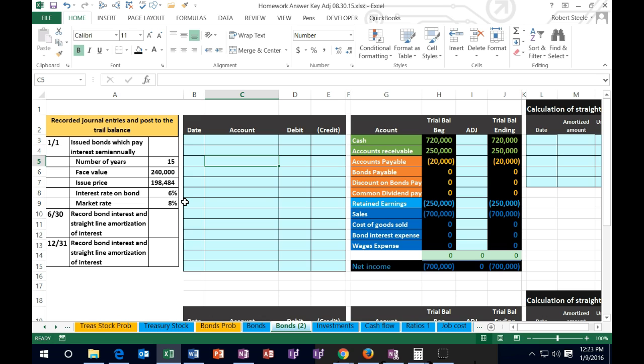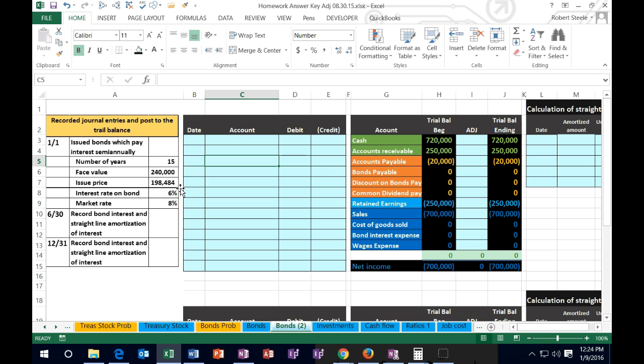The bond, however, you might want to think of it as having already basically been written. So if we have a bond that's basically kind of already written at 240 face value, 15 years on the bond, and the rate is 6%, that's already there. So you can think of it as already being set in stone. We can't change that. Therefore, if we cannot change the interest rate, which is what we would normally change in a note in order to be competitive on the market, the thing that we can change then is how much we sell it for. So even though we're going to pay $240,000 back after 15 years plus interest of 8%,